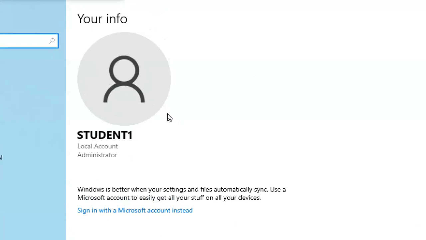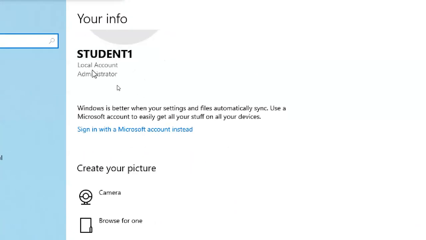Okay. So if you see here, student1, local account, administrator. Local account means the user data, user profile data, user information, and user password are stored on this PC only. That is called a local account. This user belongs to this PC only. He is an administrator. Normally in Linux we have root as the administrator, and the remaining are normal users only. Otherwise you have to make the user a sudo user. But in Windows, a normal user can be an administrator. So when you create the first account, it is an administrator by default.